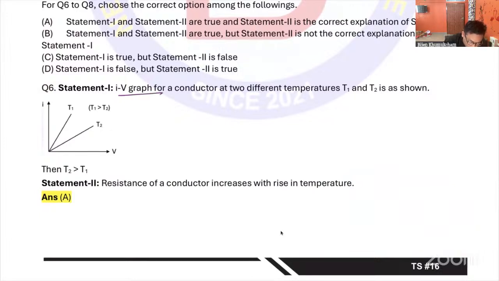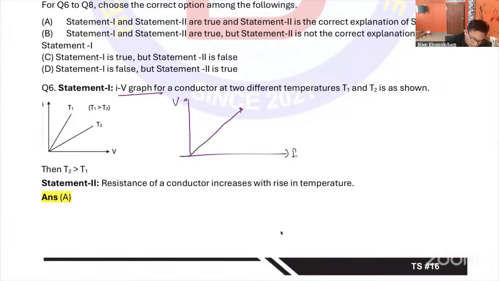An IV graph is given. Usually when we discuss inside the class, we discuss the graph for V versus I, where V is on the y-axis and I on the x-axis. But here, he reversed the axis, okay? He changed the axis, so don't get confused. In the VI graph,